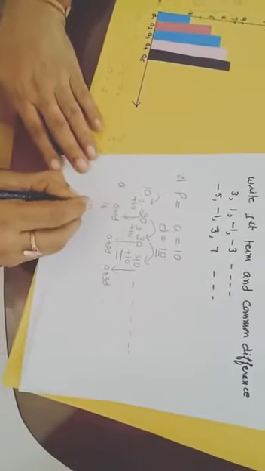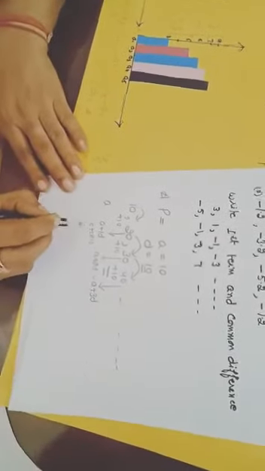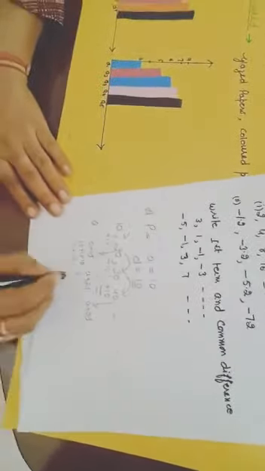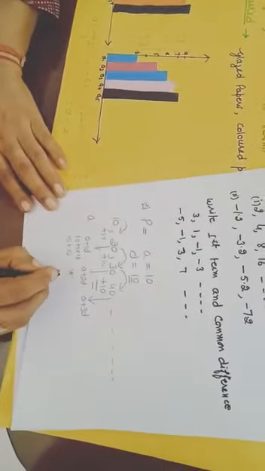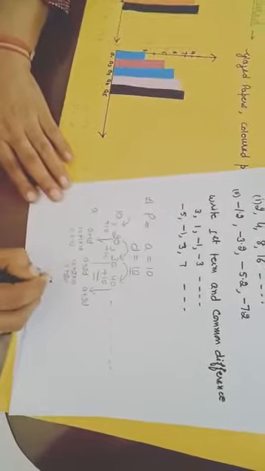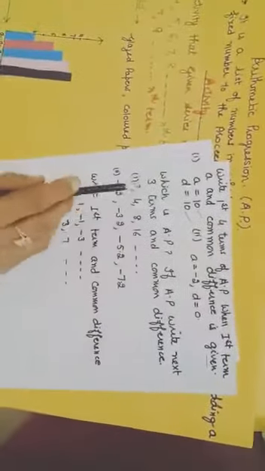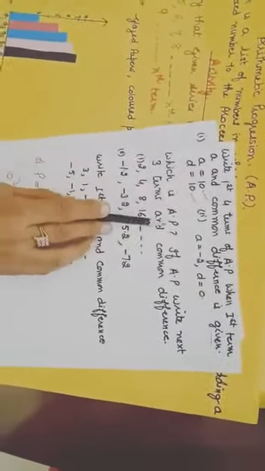Your A here is 10, and 1 multiplied by the common difference you are given, 10. So 10 plus 10, how much is it, son? 20. Now A plus 2d: A is 10 plus 2 into 10, again 10 plus 20, this is equal to 30, and so on. Like this you can find many more terms. Such types of questions are in the exercise. You can practice them.